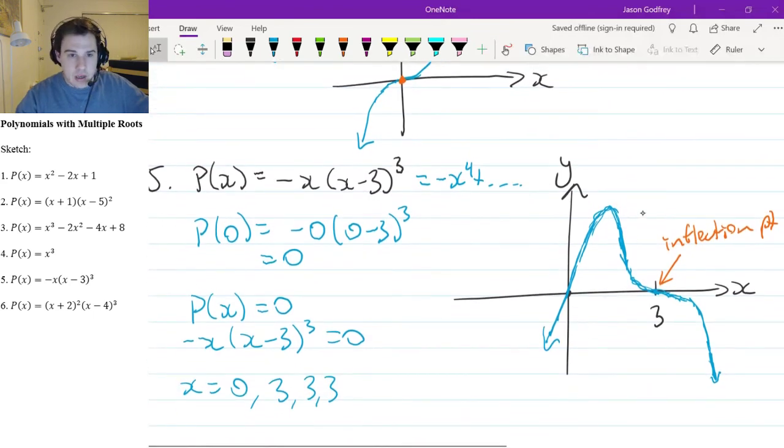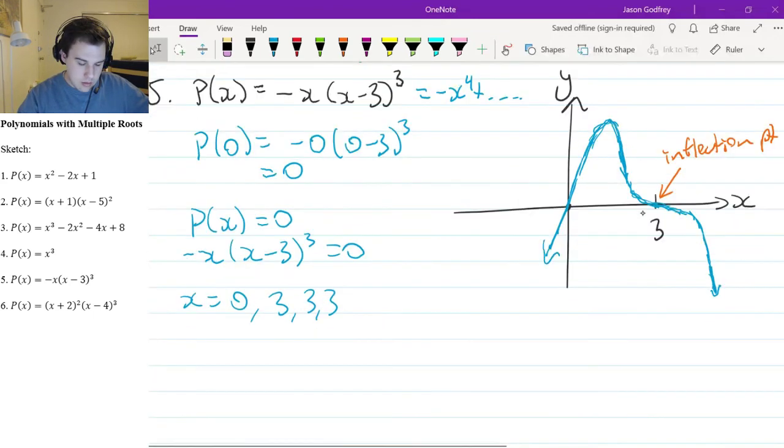And kind of like how the bounce off the axis is 2 roots in 1 point, and this is 3 roots in the 1 point. This is kind of like 2 turning points at the 1 point, right? See here, you increase and increase, hit the turning point, and turn around and decrease. But here, when you're approaching 3, you're decreasing, you go through the point, and then you turn around